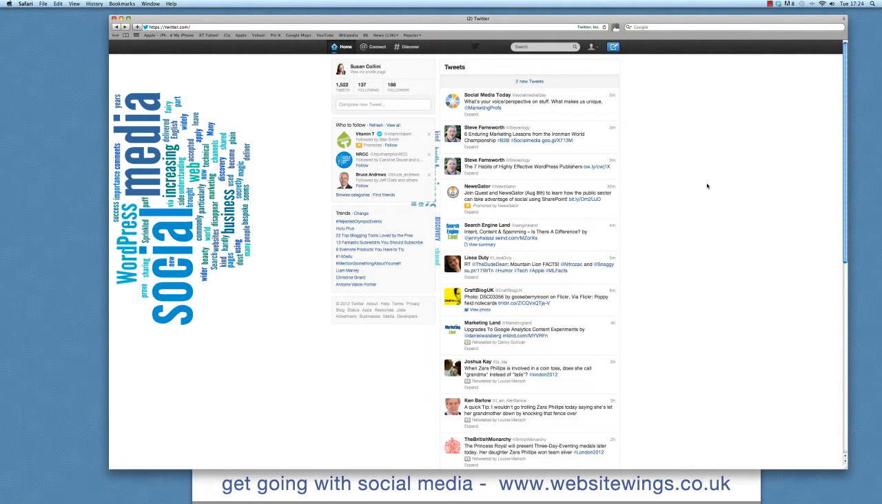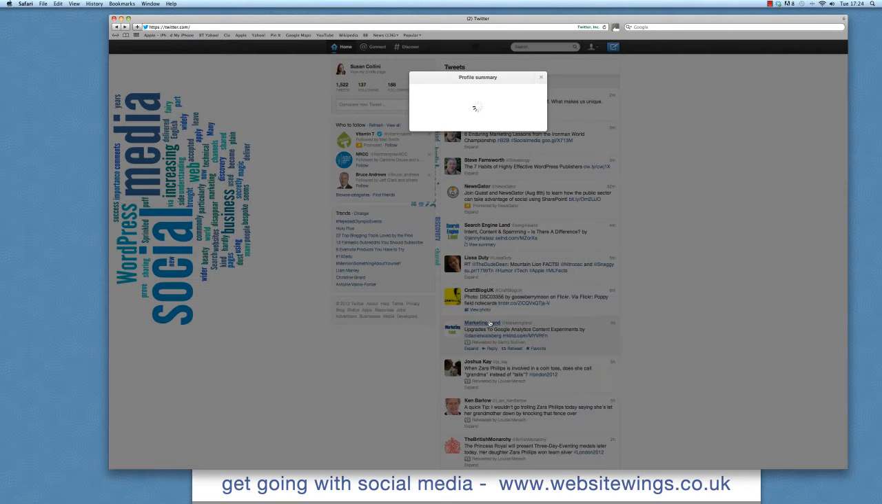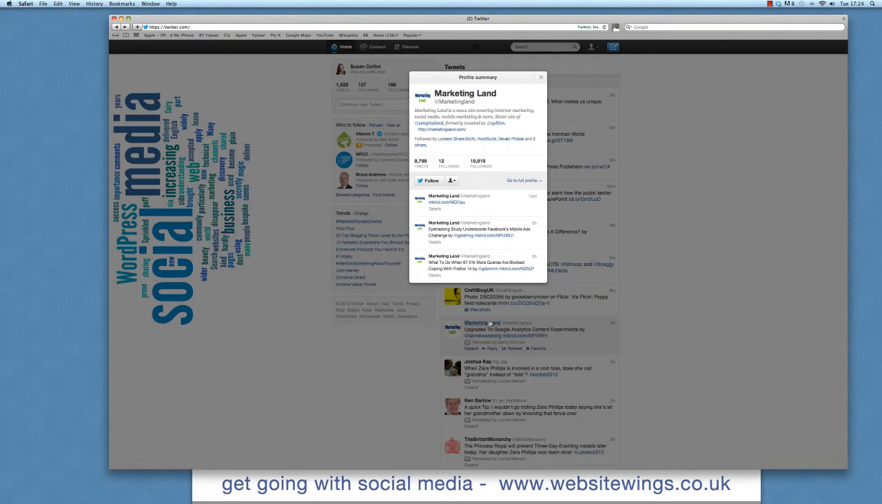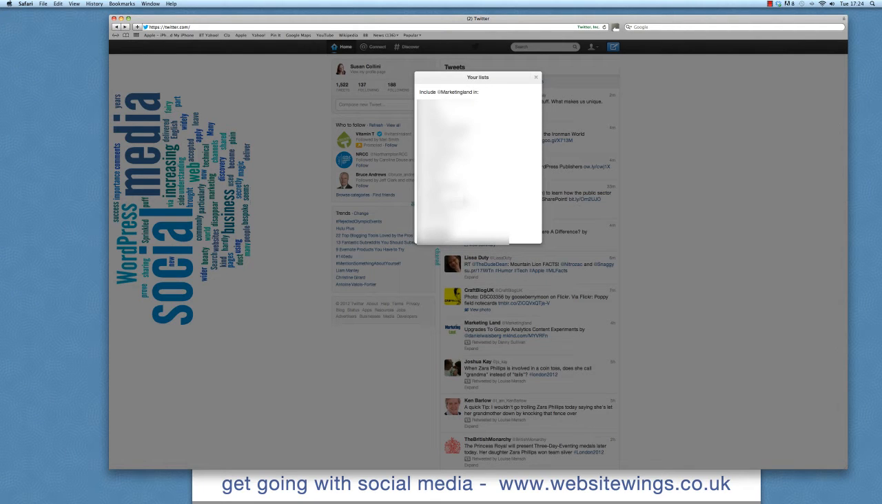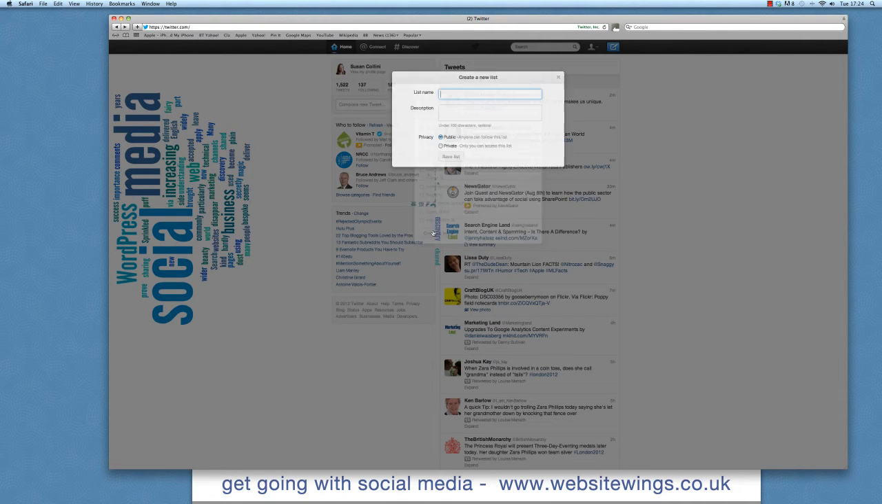There are a couple of ways in which you can add people to lists. The first one is you can just go to the tweet that you're interested in and click on the link, which will open up a profile summary. You then have the usual option of being able to follow them, or you can go to this side and add or remove from lists. They're not actually in this list, so I can create a list, and if I call this list examples,